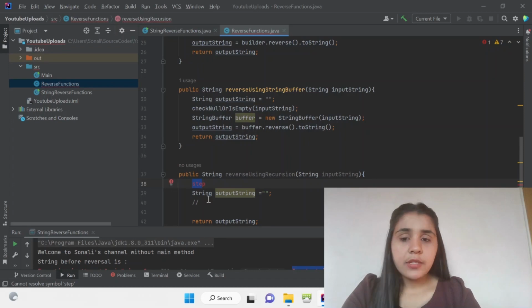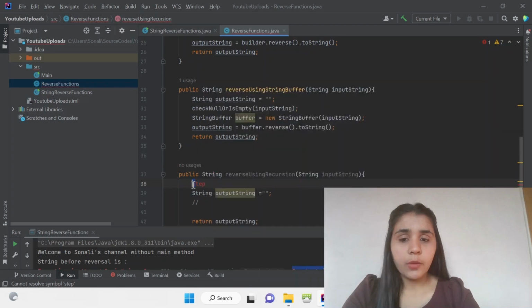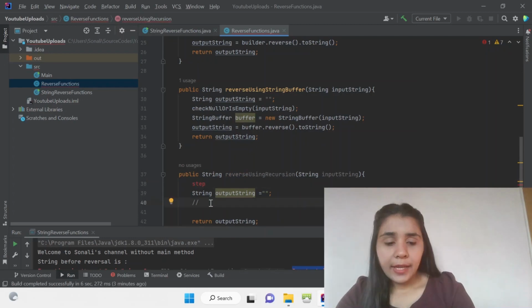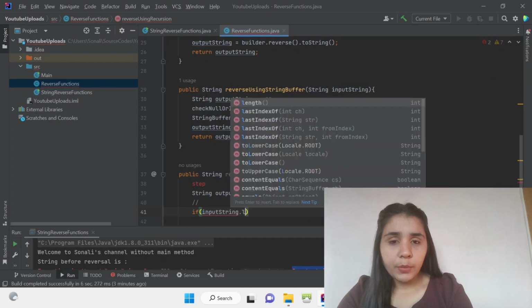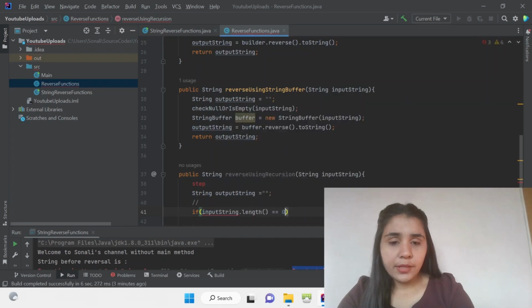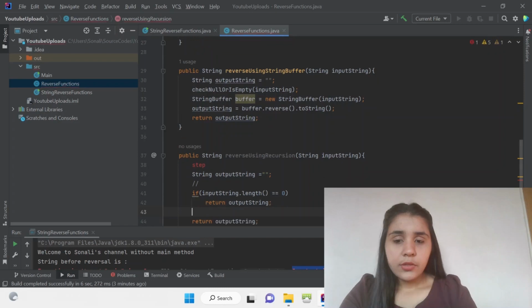So you keep on calling the same method until your s is carried out. In that case, where I need to stop calling my recursive method is when my input string length is 0. So if input string dot length is equal to 0, I just need to return the output string. And how you will have the final output is, output string is equal to, as I said,